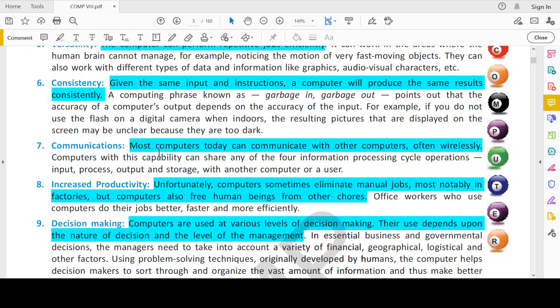You can communicate with a server that is connected to the internet, taking the services of the different servers that are connected to the internet, right? We will discuss these client servers, about getting service from a server, in the later chapters. So we are communicating with other computers that are connected to the internet wirelessly.